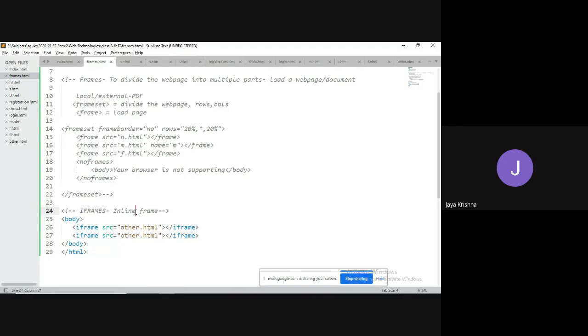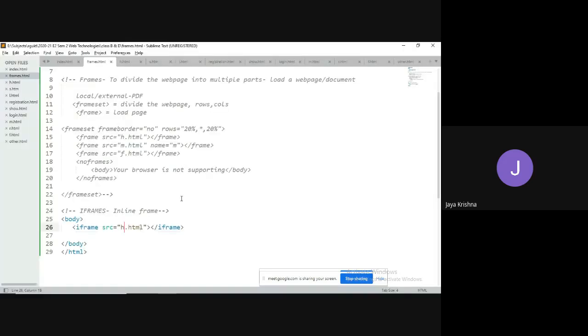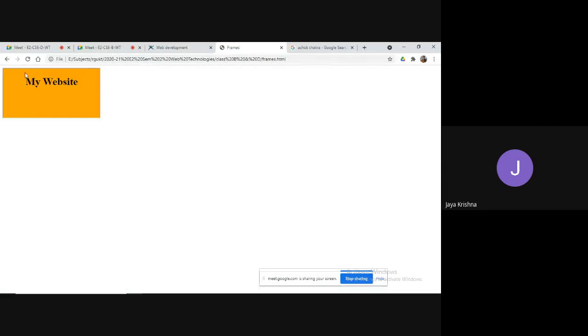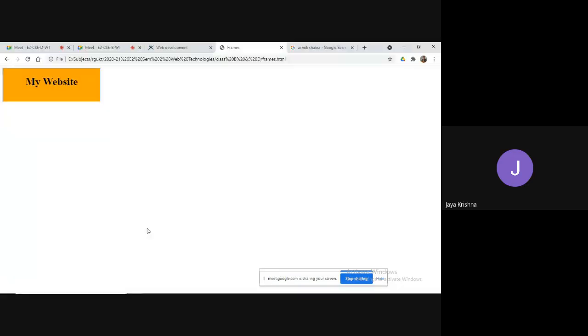Okay, fine. For example, I would like to get this kind of requirement. Through this iframe tag, I can define, for example, h.html. I can set the height of this window, for example, equal to 100.